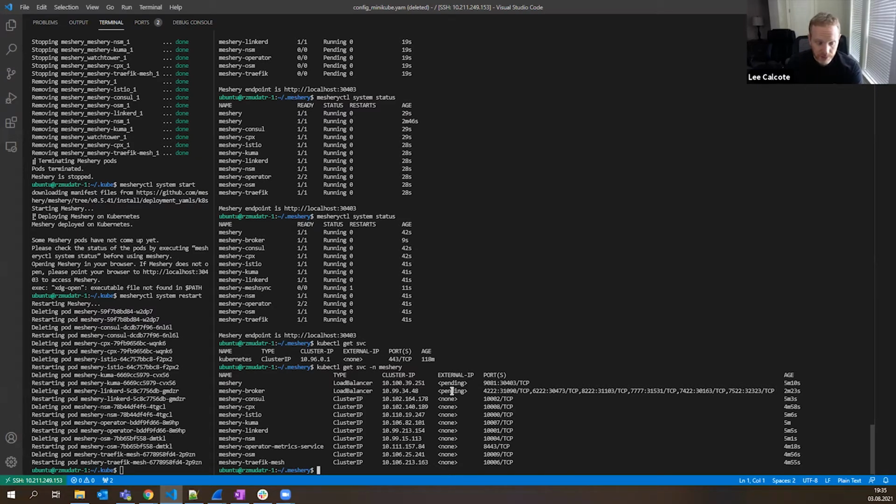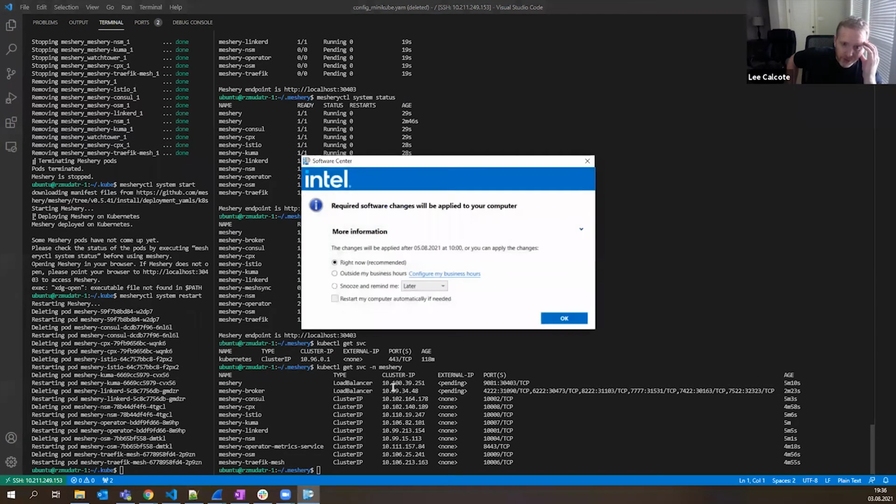And so Utkarsh's point is that there's a couple of ways to address this. One is to change the load balancer networking type here, or the other way is to have Minikube port forward for us. Either way will work. I'm a little more familiar with